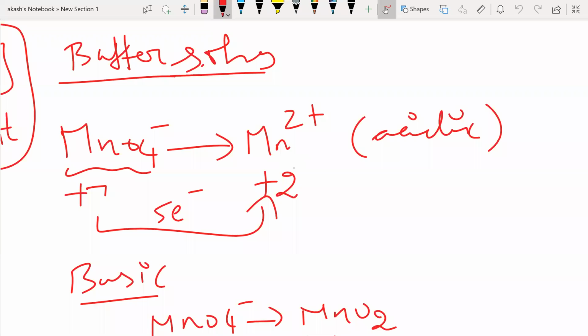So if you really take your major in chemistry, maybe if you go to labs, you will actually understand how important all these things are. It's just a simple reaction. You see reactants, products, but it's not that simple if you're going to conduct certain reactions in a lab. Okay, all these things are going to help us. Okay, so anyways, that's where buffer solutions come, like in a pH controlled